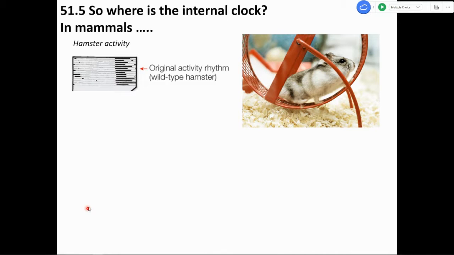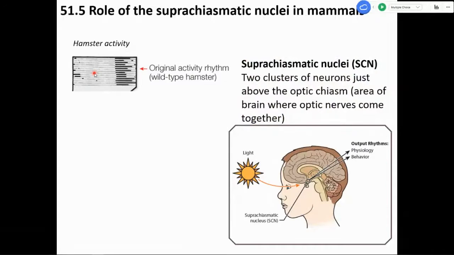And so one of the questions is, where is this so-called internal clock? This is a pretty neat experiment that was done in hamsters, again, running around on wheels. In these hamsters, when they're exposed to normal conditions, they had a typical circadian rhythm, active for part of the day for a shorter period than in the rats that we showed before, and then inactive for some of the day as well. If you've got a pet hamster, you'll know that they're kind of annoying at nighttime.